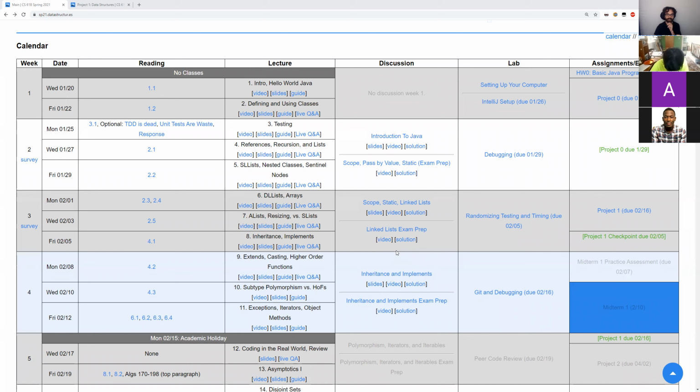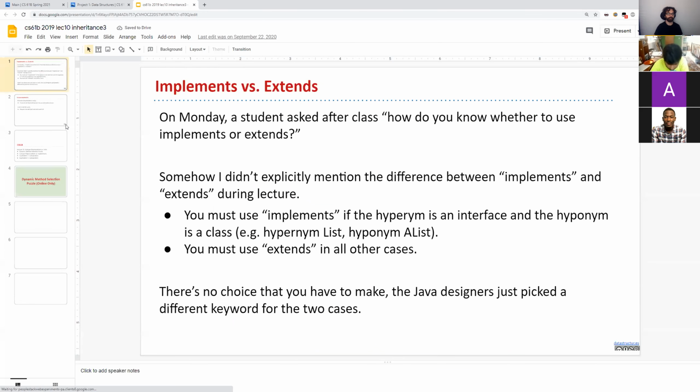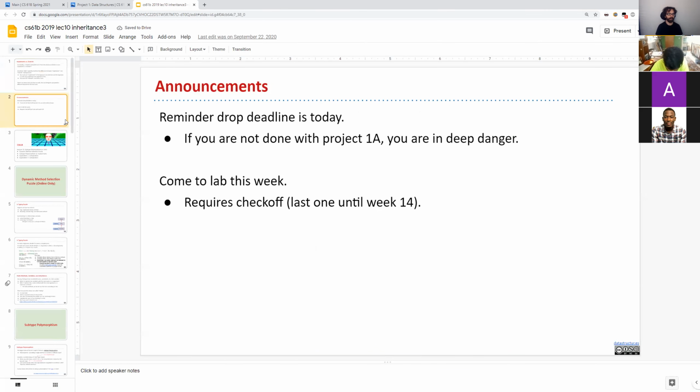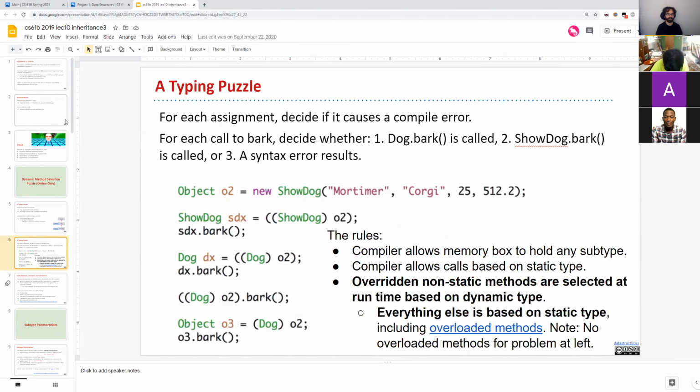Okay, first thing, method selection puzzle. Let's see. Is that today or yesterday? Oh, I need to link the 2021 version of these slides. Okay. So someone asked about this puzzle, I think. Hold on, let me see. Is the person who just asked me on the chat, is this the one you had in mind?